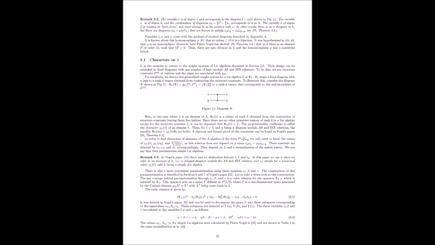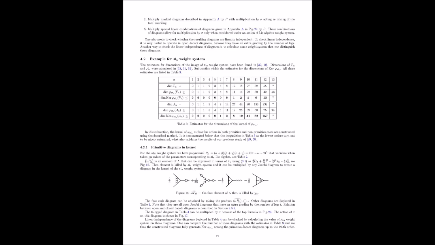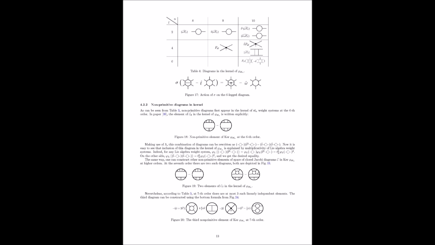Exactly. The paper then delves into Vogel's algebra, denoted as Λ. Can you explain what that is and why it's relevant? Vogel's algebra is a special algebra constructed from three-legged diagrams with specific rules. It's a powerful tool for understanding the structure of Lie algebras and their weight systems. And how do we represent elements in this algebra? We use special variables,